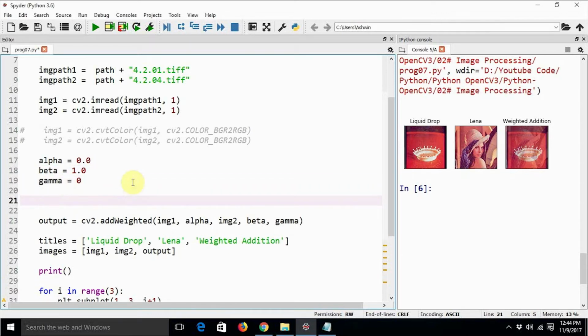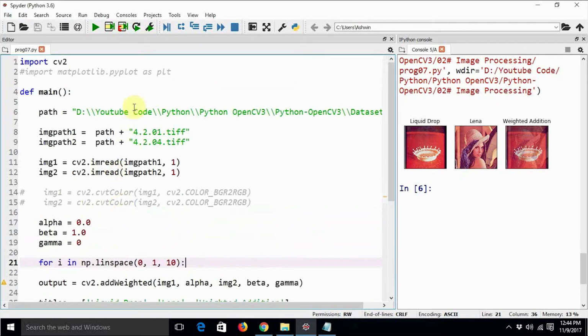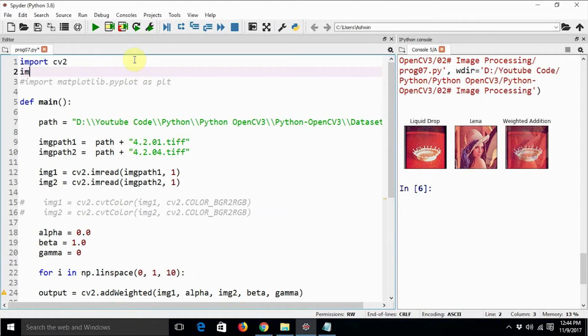Just say for i in np.linspace. Linspace stands for linear space, with arguments 0, 1, 10. linspace is a function from NumPy, so for that we need to import NumPy as np in the program.